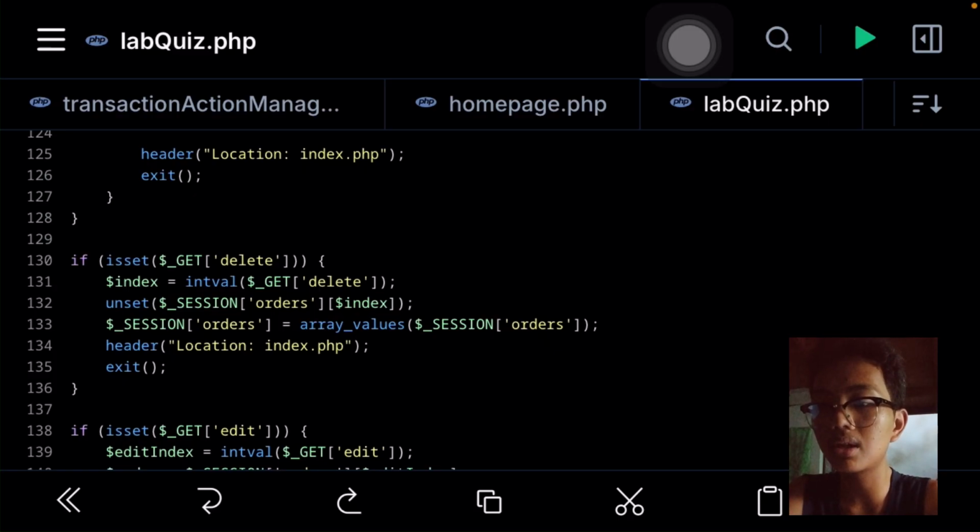And once again, we will redirect the user to the index.php page and exit the code.